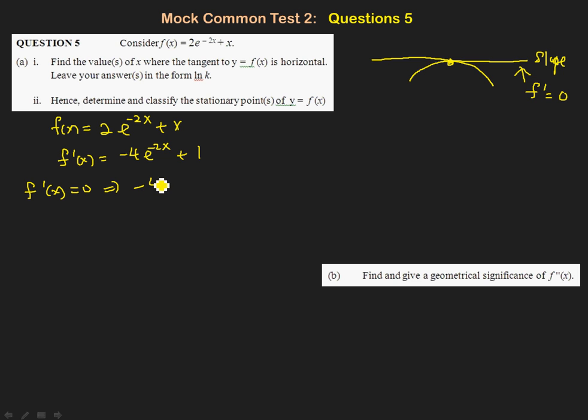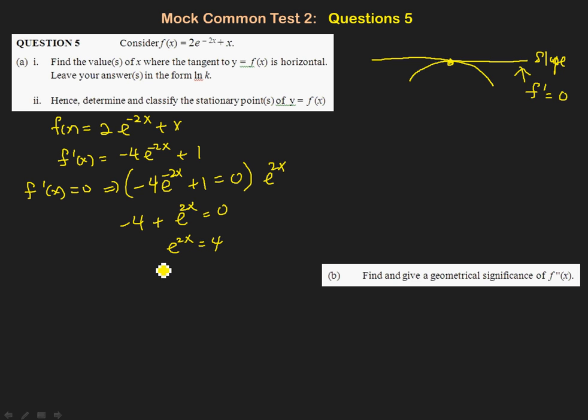So we set this and solve this. What we do is multiply the whole equation by e to the power of 2x to eliminate the negative 2x. So you get this, and finally you get